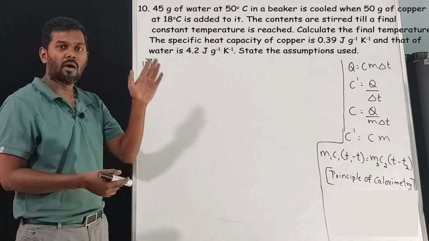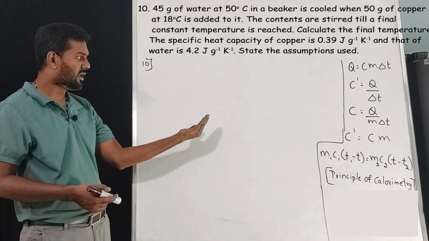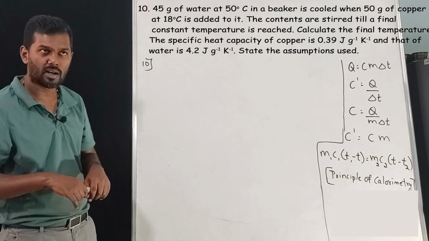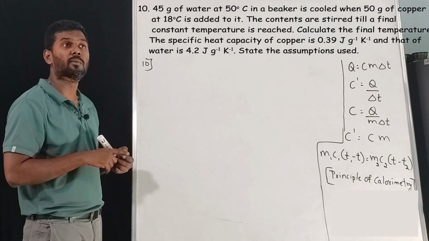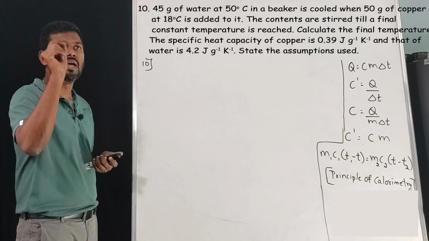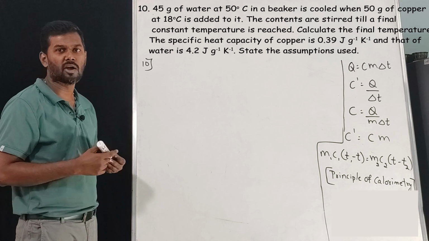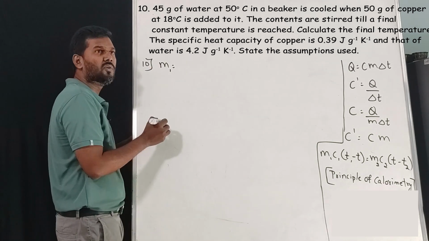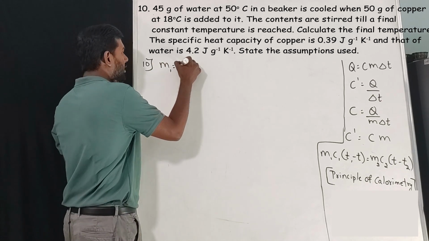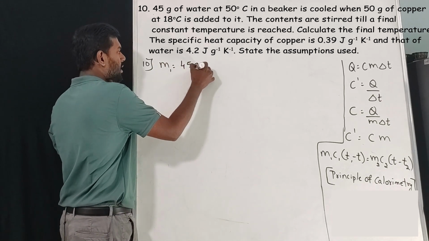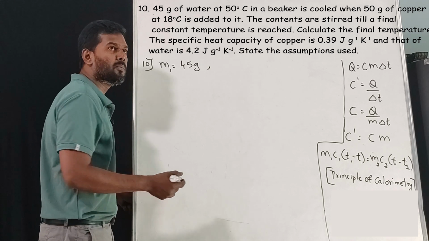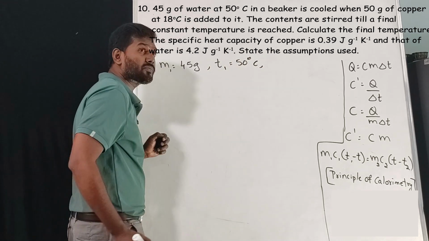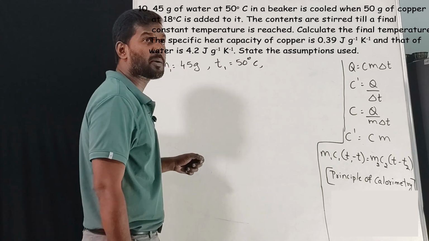So what we are going to do, which object has more temperature, we'll write it on the LHS. Which object has less temperature, we'll write it on the RHS. Now here water has 50 degrees Celsius and copper has 18 degrees Celsius. So water we are going to take as object 1. So object 1, mass 1 is equal to 45 grams and it has temperature, that is nothing but T1, 50 degrees Celsius, and specific heat capacity of water